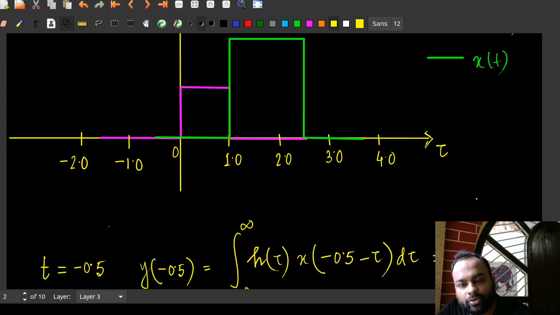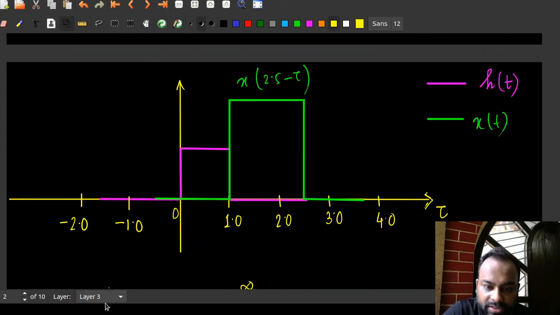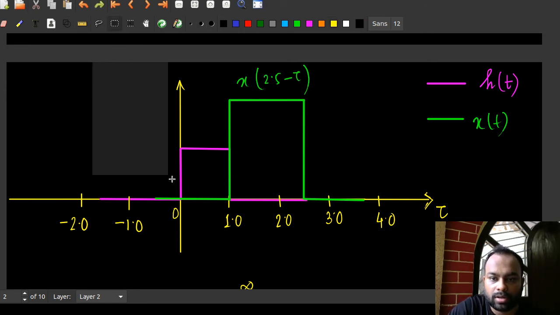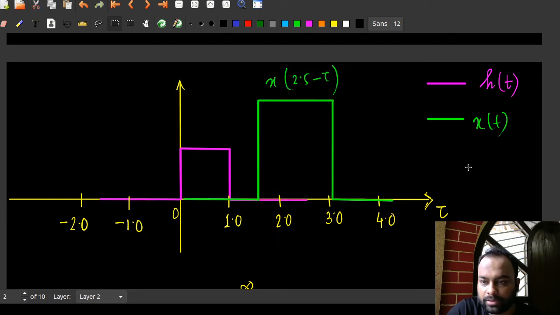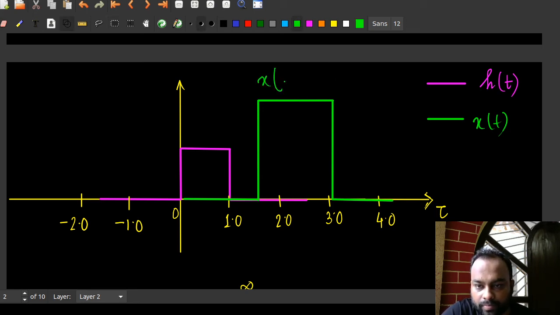What is the output at t equal to 3? Of course, that will be even simpler in this case here, for example. What did I just do? So at t equal to 3, that will be the scenario. Like that. Okay. So there is no overlapping area, the answer is once again 0.